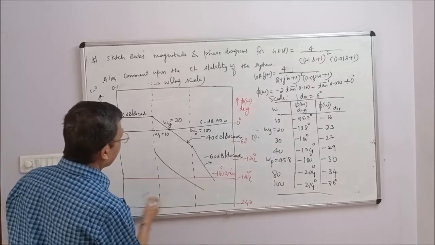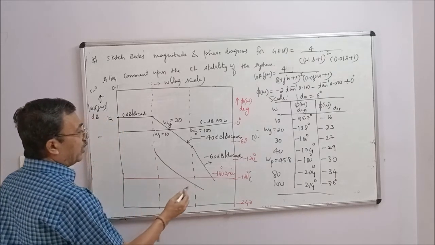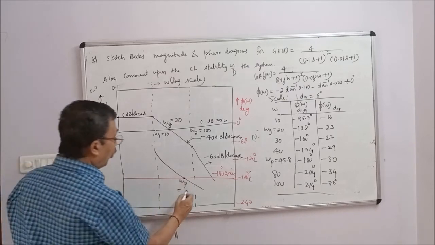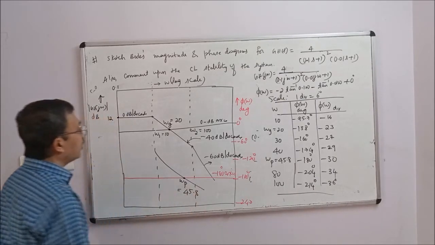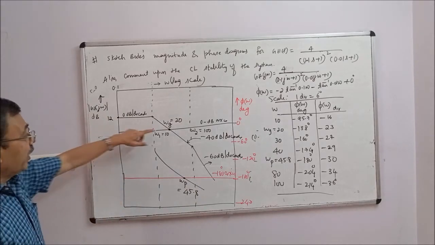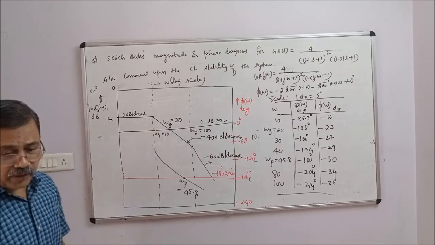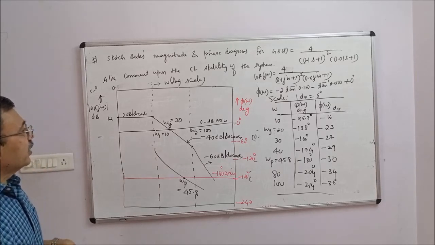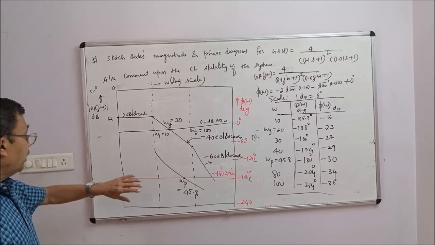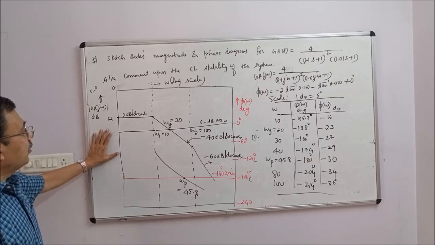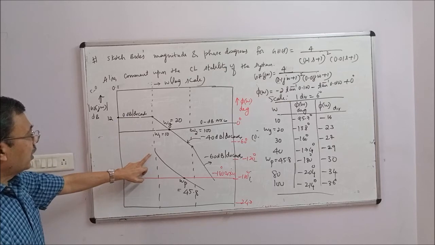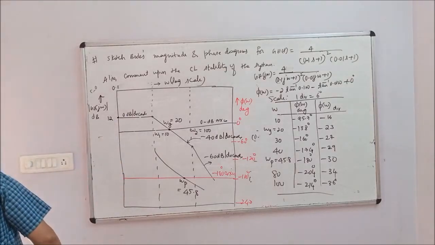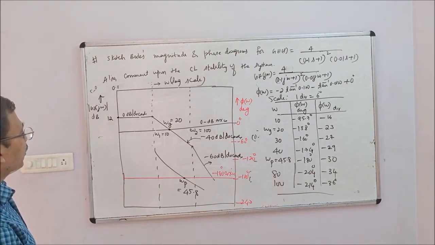How to draw this phase diagram, I'll explain on a semi-log sheet. This frequency is omega p. And what is omega p? Omega p is 45.8. Correct? Omega g and omega p values are very important to get the gain margin and the phase margin. The next step is to go on to the semi-log sheet and plot the magnitude diagram and phase diagram and get the values of gain margin and phase margin.